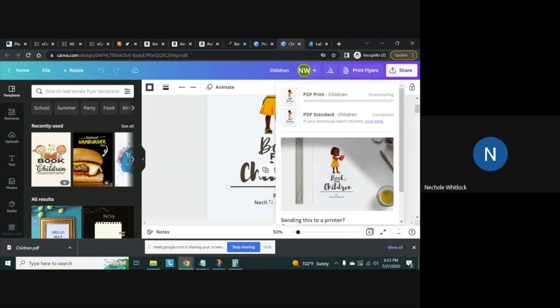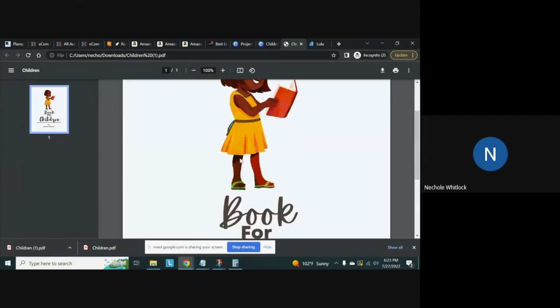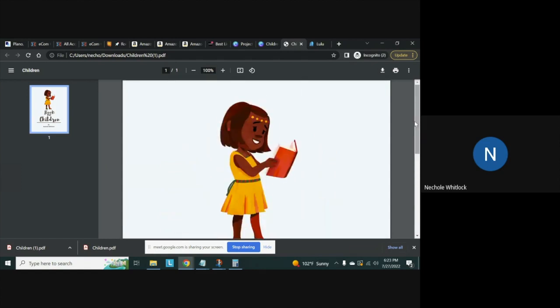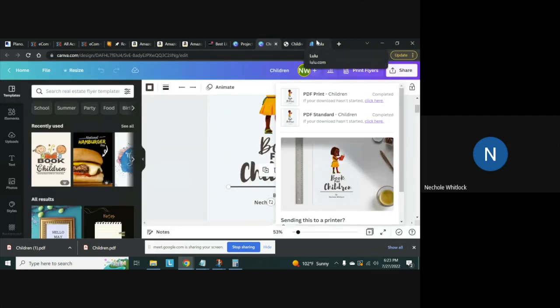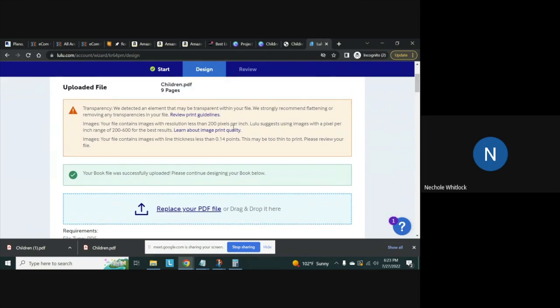That's going to download it as its own document. And then I can re-upload this up to Lulu and it's all flat. There's no clicking because everything is flat. So that is what it means by flatten it, because it detected a whole bunch of different blocks within Canva and it picked up on that. So if you download it as a standalone PDF and then upload it, that will resolve that issue. So I'm not going to deal with this orange message,